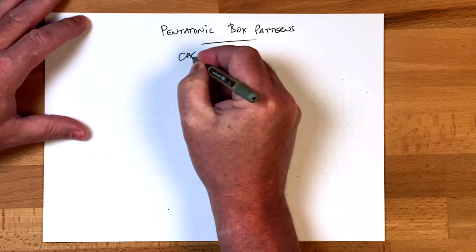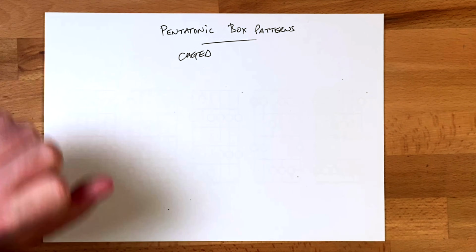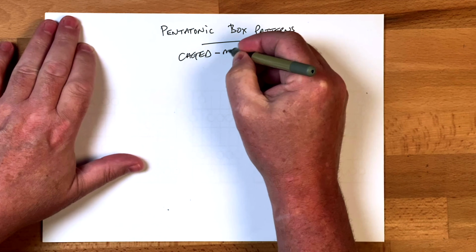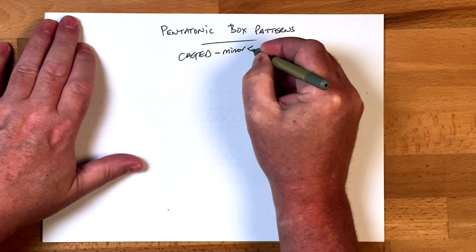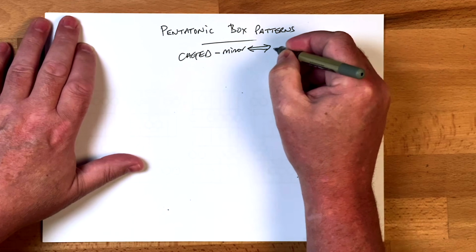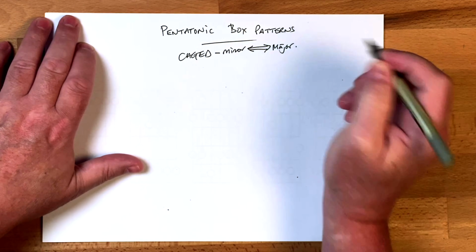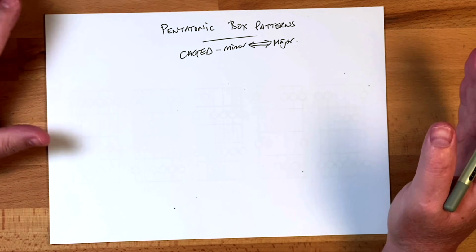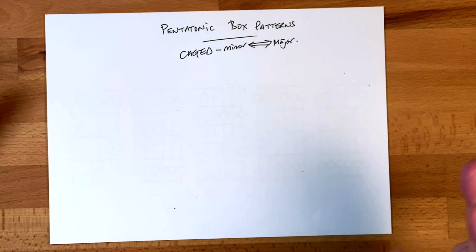So we're going to get into CAGED, but we're also going to talk about how we get this thing that happens with minor pentatonic, and how minor is the same as the major pentatonic depending on how you start to play the scale. So this is what we're going to get into today, but first what I need to do